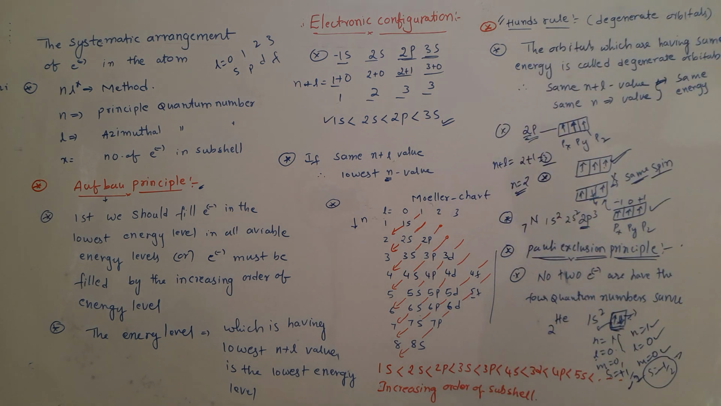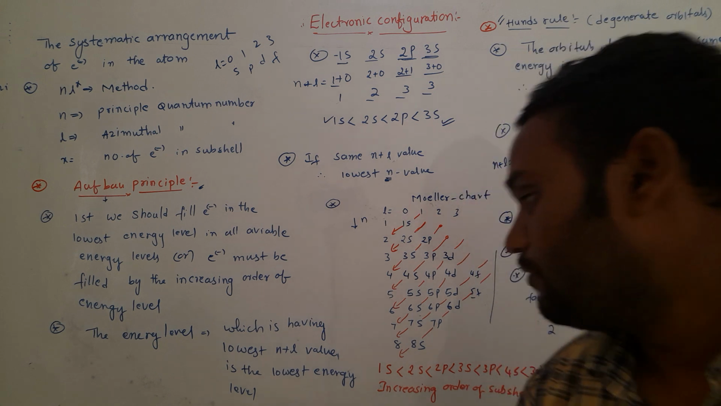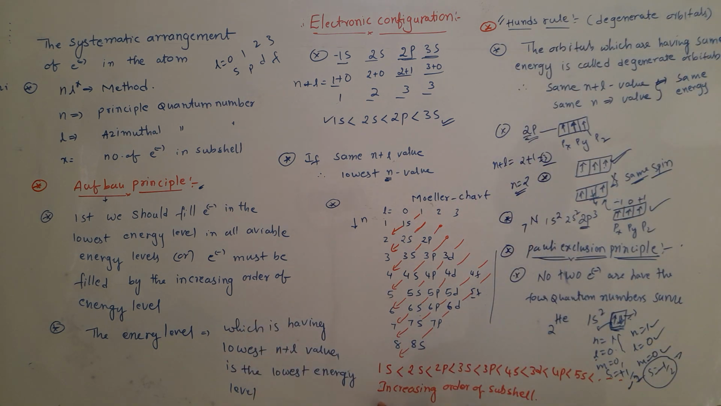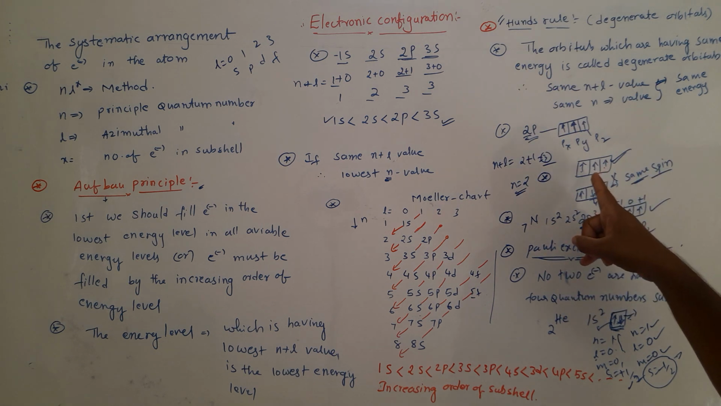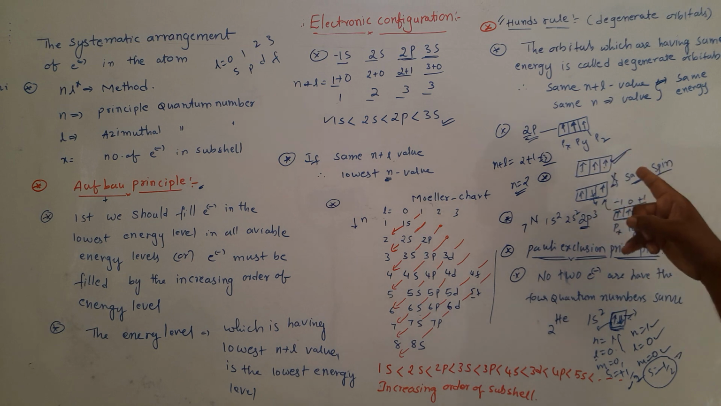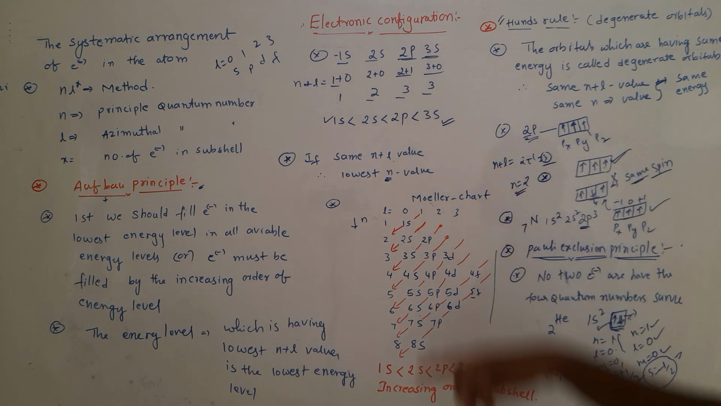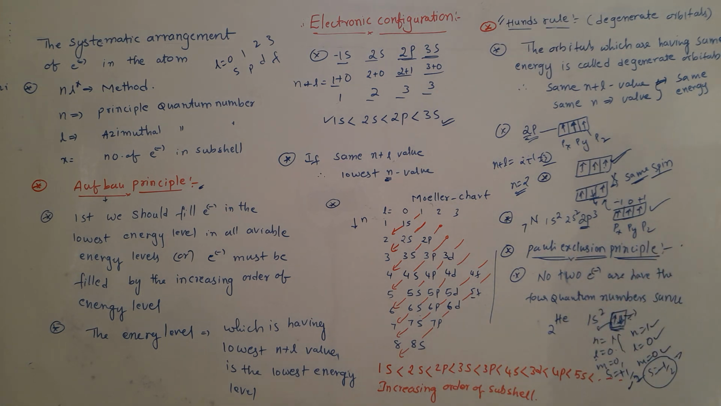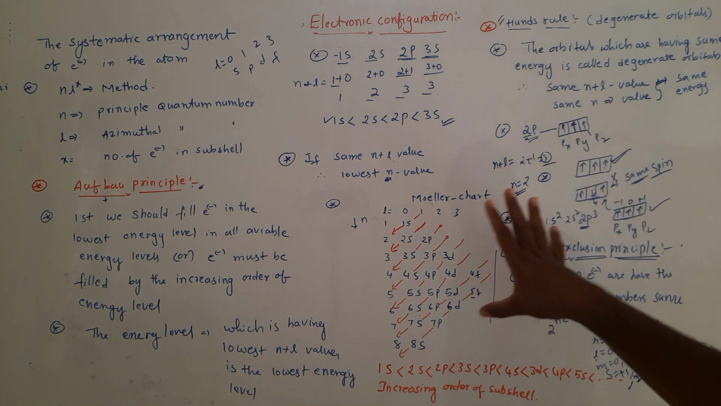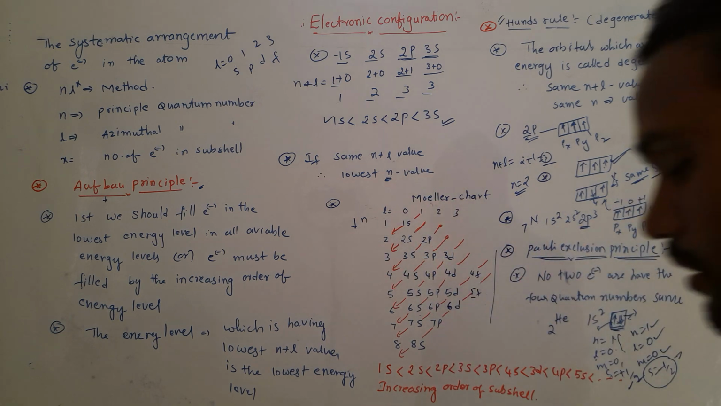So first, the Aufbau rule says that we should fill electrons in the increasing order of their energy. Hund's rule says that in degenerate orbitals we should first fill 1 electron in each degenerate orbital, with the same spin, and only after that should we start pairing. And the Pauli exclusion principle says that no 2 electrons have the 4 quantum numbers the same. So this is about the 3 rules and the Aufbau chart. And next,